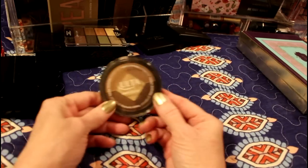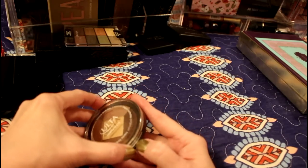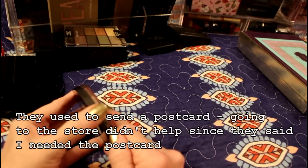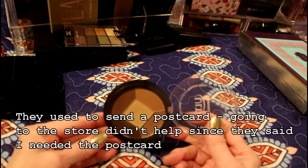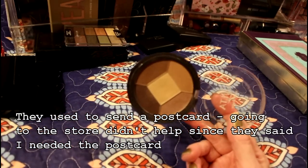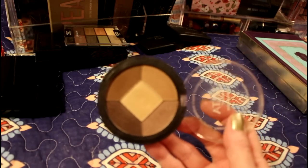I also got this for my birthday. By the way, Ulta for the last 2 years has not sent me anything to get my birthday present. And I'm one of the, what is the member that is the big one? I've bought so much stuff there. But anyway,